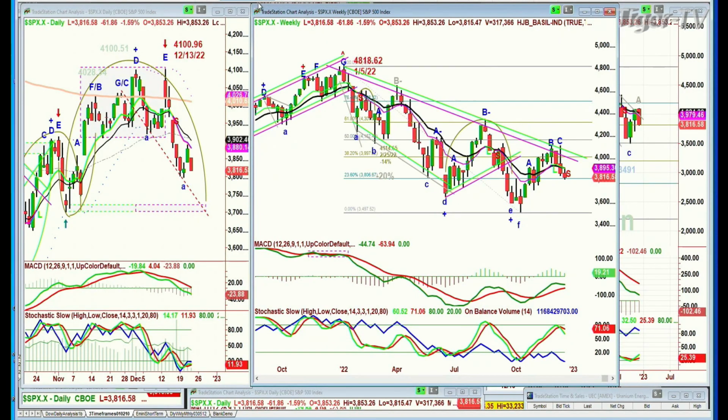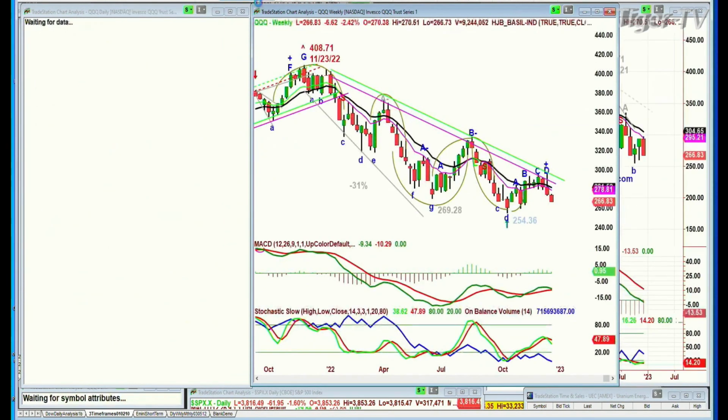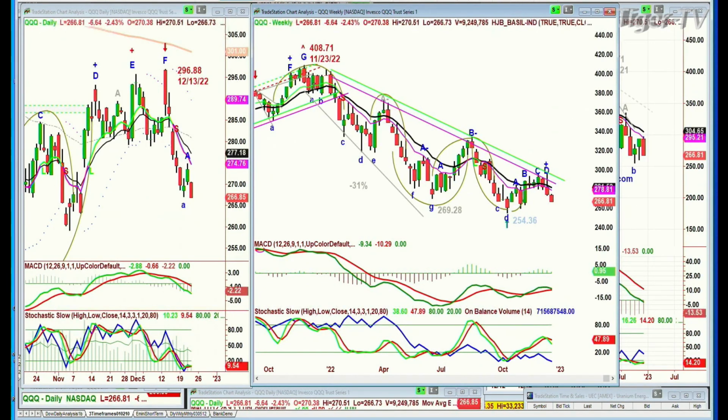Look, even if you go to the QQQ, it touched it 4 times. More than 4 times, but 4 in the cup formation, the declining cup formation, and it went from the high that was made back in November in the weekly chart, in the week of the 23rd of November, over a year ago, at 408.71. Every time it had this very strong rebound, that rebound took you to a trend line,